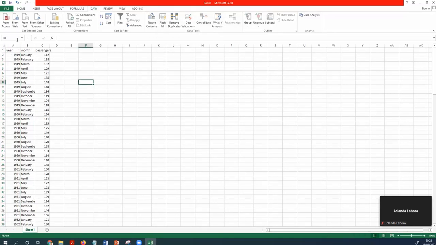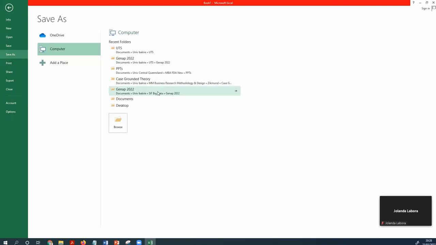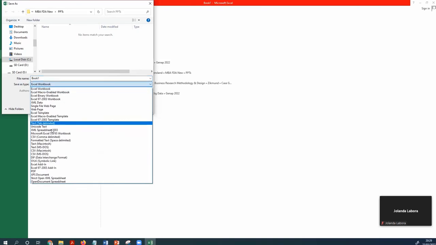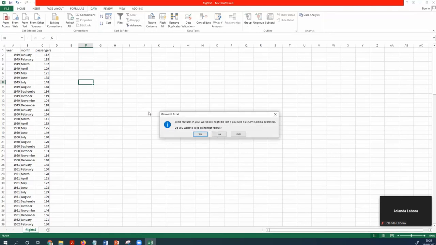And then you save as the file into your data using the CSV file. CSV, comma delimited. Put on the flights number 2. Yeah, I have the data there. Okay, can you do it?